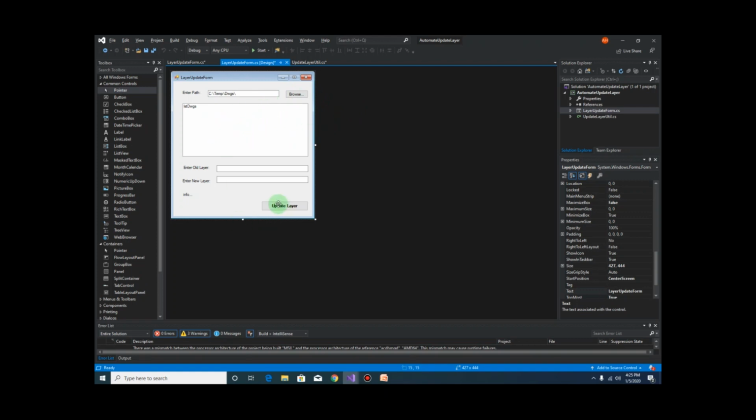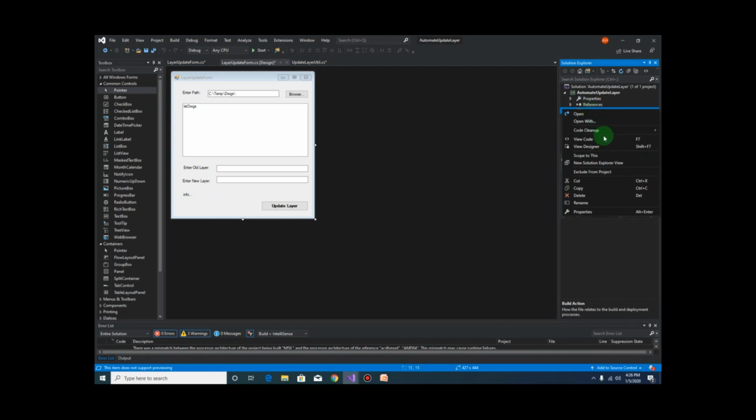And finally, the last event that we are going to handle is when the user clicks on the update layer button here. Of course, that is based on the inputs for the old layer and the new layer. And we will also be providing the user with information here so that they know what particular drawing is currently being processed. Okay, so if we right click on our form and click on view code or F7,